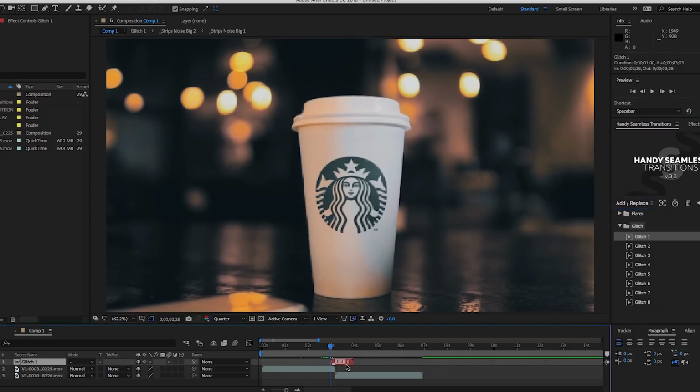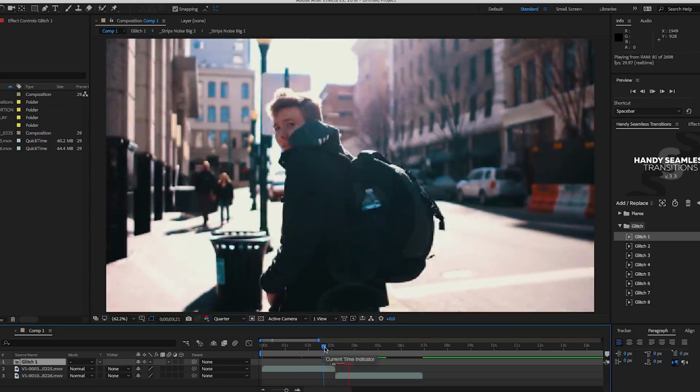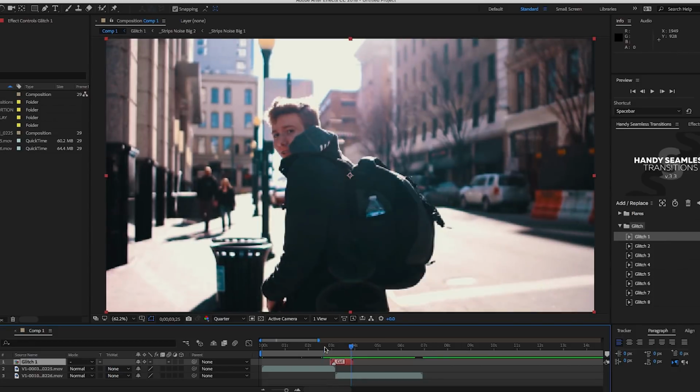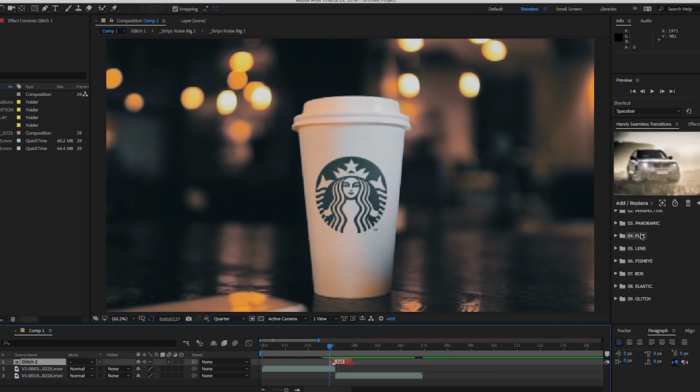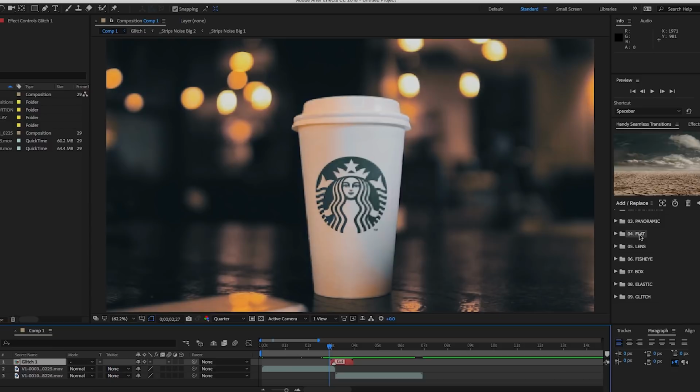There it is. It pops right up, and then we'll just RAM preview it so you guys can see what it looks like. And there it is. As you guys can see, it's a super cool effect, such a clean transition, and it looks really good. I'm not going to go through all of these different types, but they have tons. They have a perspective transition set, elastic, they have fisheye, they just have tons and tons of different transitions, and